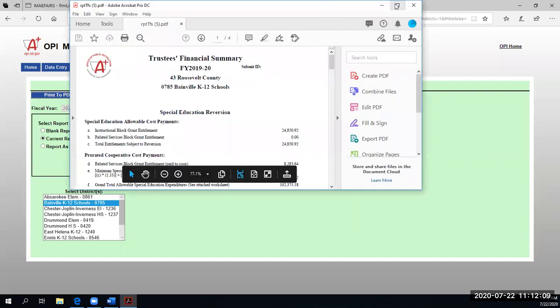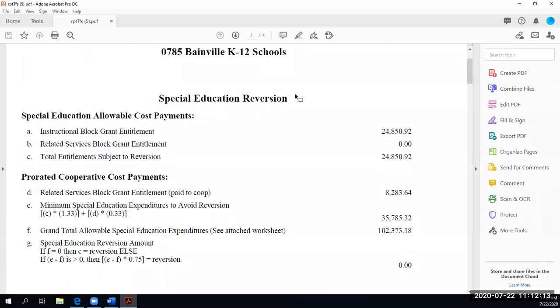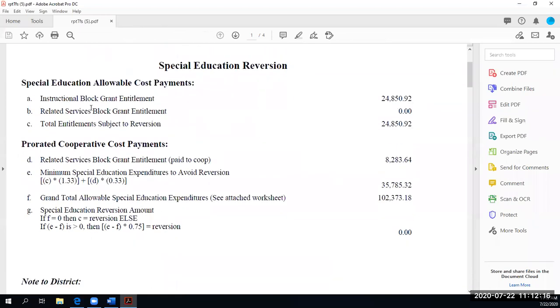All right, so here would be Bainville's. This is what it'll look like, their special ed reversion. This is saying that they got a block grant entitlement, and then their related services block grant entitlement, which was paid to the co-op directly, was $8,000. This $8,000 amount. And so the grand total allowable special education expenditures, well, actually, so then the minimum special ed